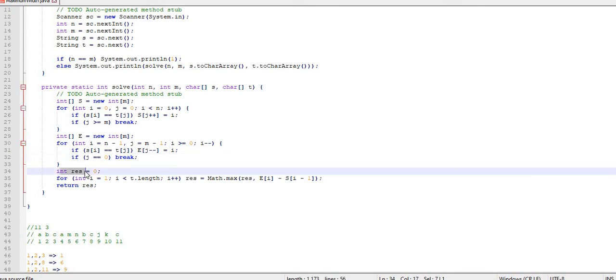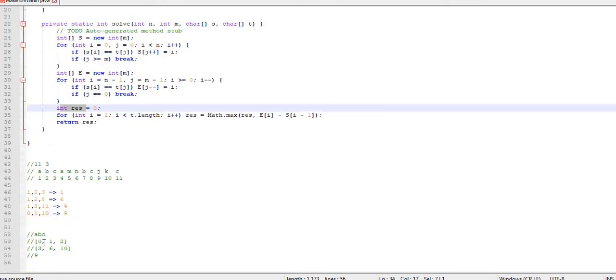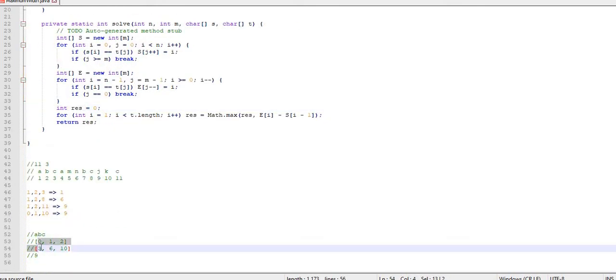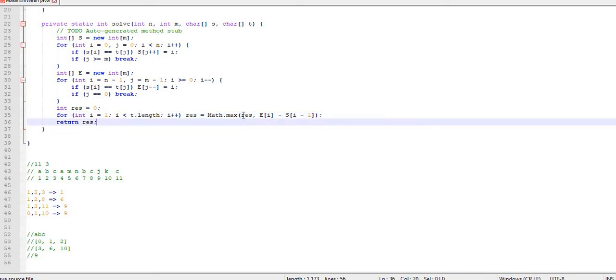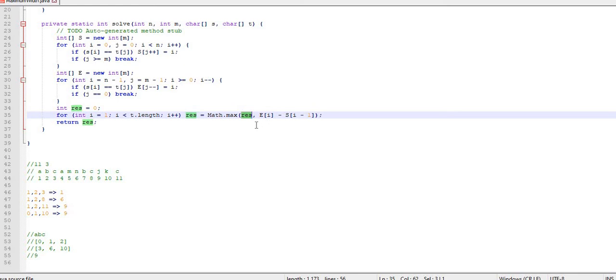After that, I just have to take the difference. I have to skip the same indices, because they represent the same character, so I take the difference between subsequent characters, like the ith and ith plus 1 character. So i goes from 1 till the length of t, checking the current max against the previously calculated max and e of i minus s of i minus 1.